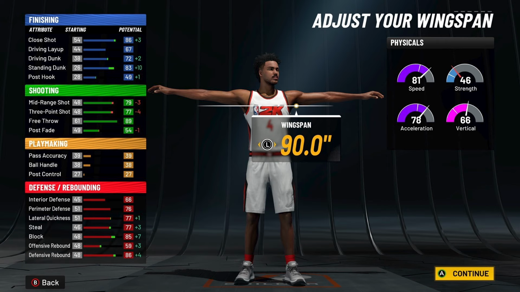Then when it comes to defense, you're going to have a 70 on the threshold for interior defense. That's the minimum threshold you really want to reach on any attribute. You're going to have an 80 threshold on the perimeter defense, above the 80 threshold on lateral quickness and steal. Then for the really important things for a big man, block rating is damn near at a 90, but it's at an 89, so you're 1 off the threshold, and you're going to have a 90 defensive rebound